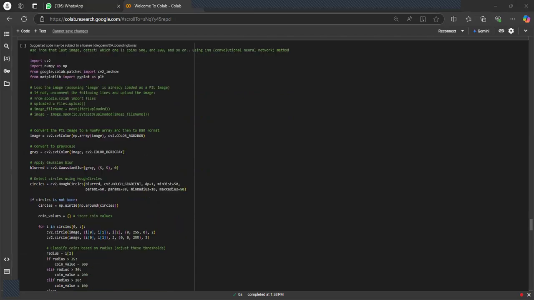As we can see, the convolutional neural network, or CNN, is inspired by the human visual system and particularly adapted to process image data.